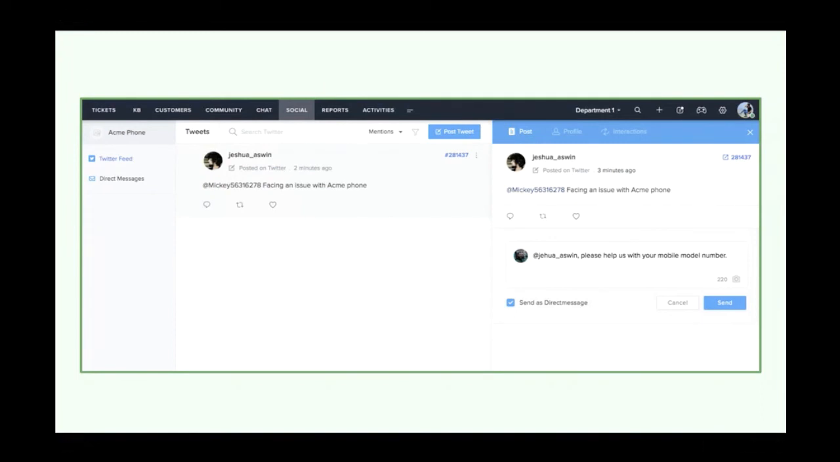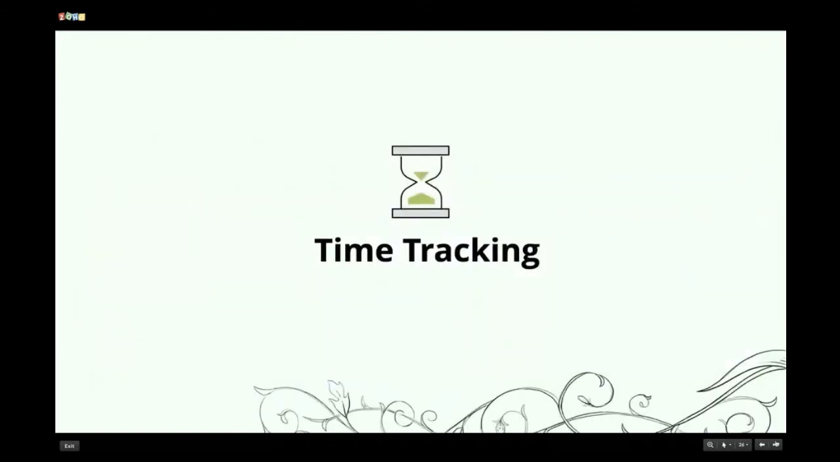So this is how you could effectively use Zoho Desk when it is coupled with your social channels. This is all about the channels that I wanted to discuss today. And the next feature that we are going to speak about for the next few minutes is the time tracking feature